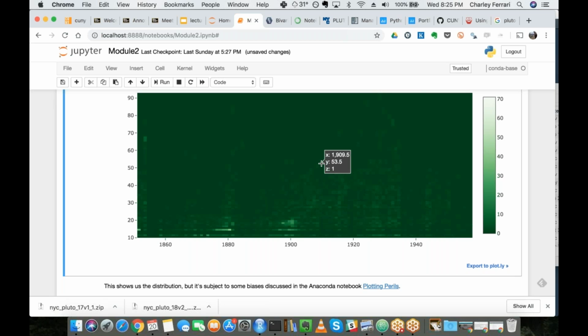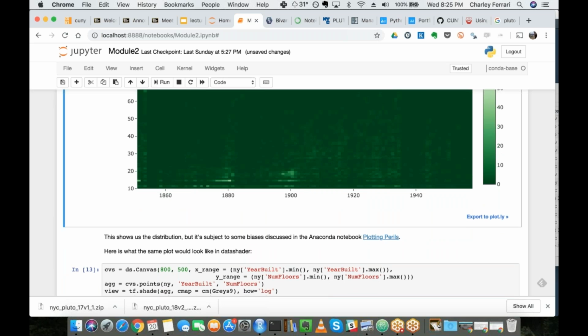I didn't really deal with dates in a smart way, but you could look at buildings built in 1904. We have one building here. We have 21 buildings that are 18 stories and are located here. So this shows us distributions, but